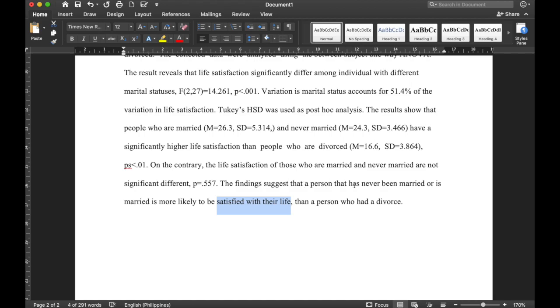Findings suggest that individuals who are married or never married are more likely to